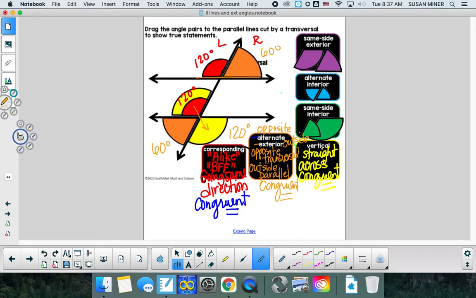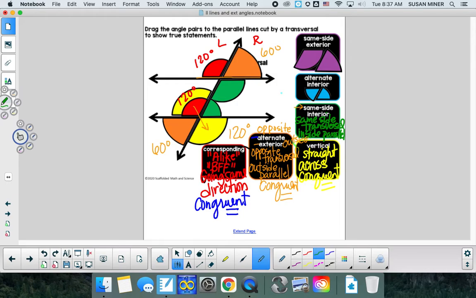Sorry. Went too far there. Okay, so the next set of angle relationships: same side refers to the transversal. So same side of the transversal. And interior means inside the parallel lines. Same side interior